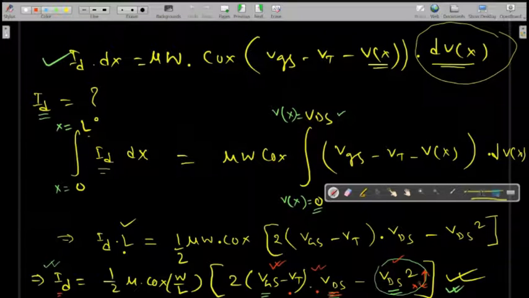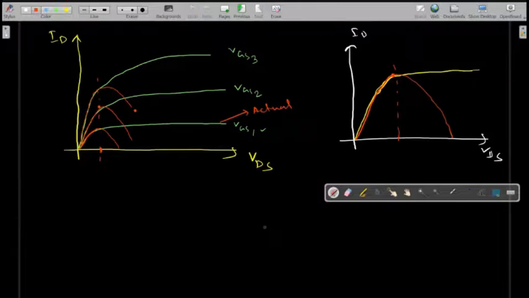And if you calculate the maxima, you know how to calculate the maxima, the peak of a function. You have to perform the derivative dy by dx equal to 0. You know how to calculate the maxima of a function y equal to f of x. If you set dy by dx to 0, you will get the maxima or minima. So this is the technique.